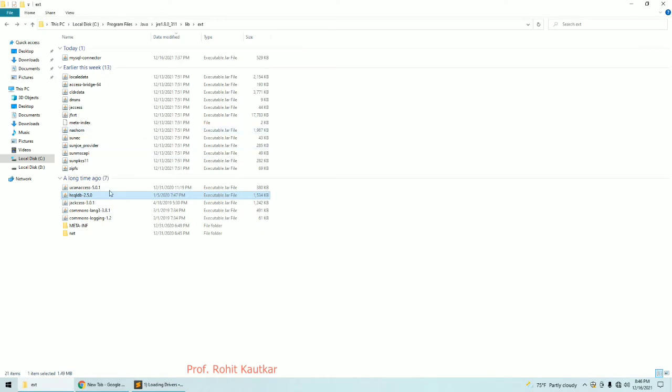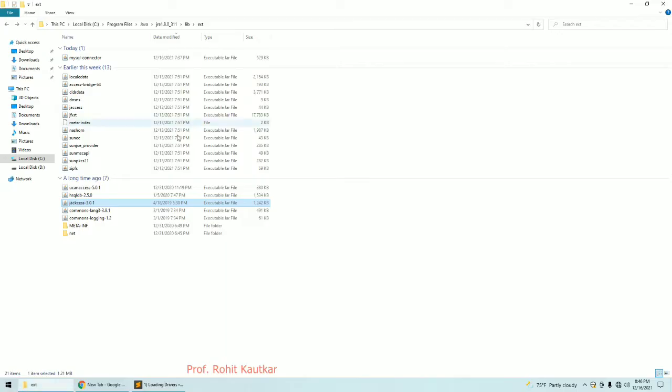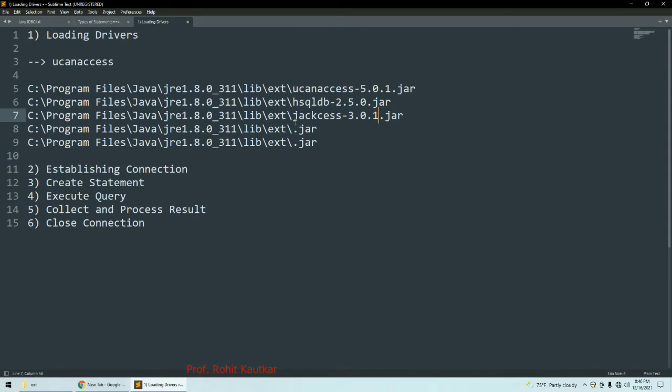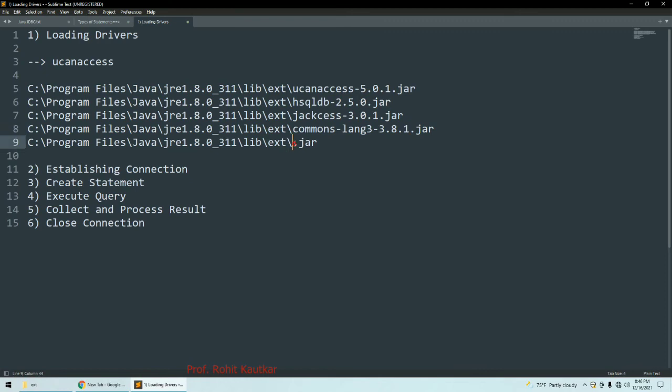Okay, next what I have, so just copy this path name over here. Next I have commons log file, okay, commons lang file, and this is commons logging file. So like this I am